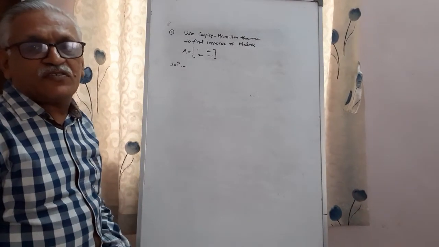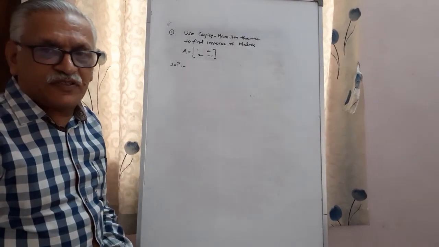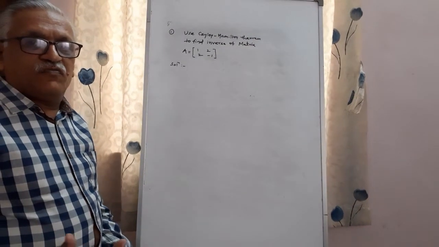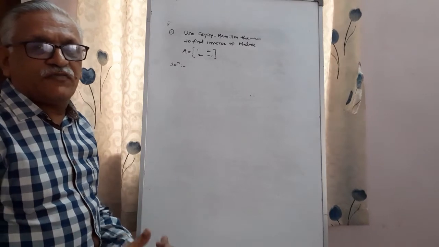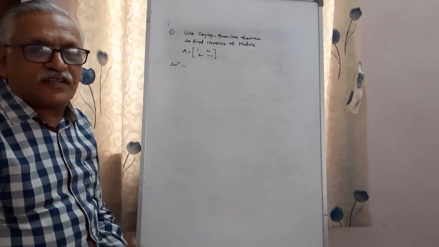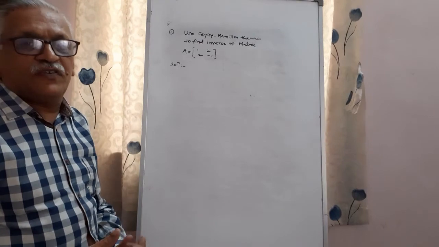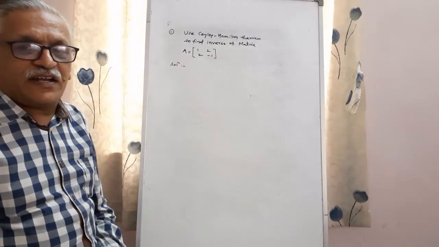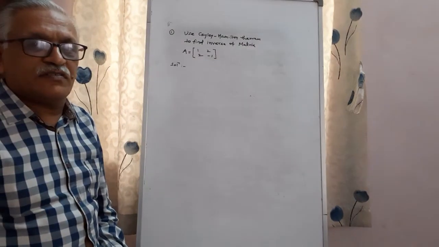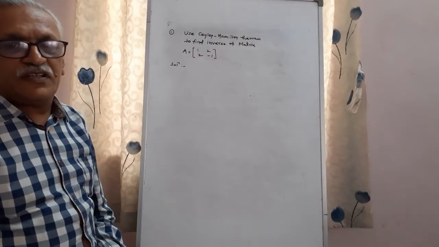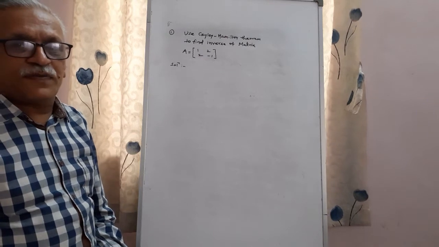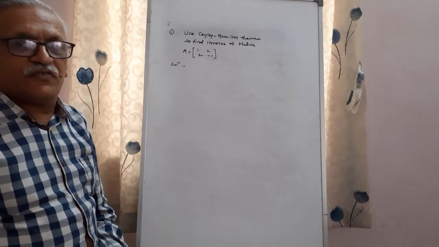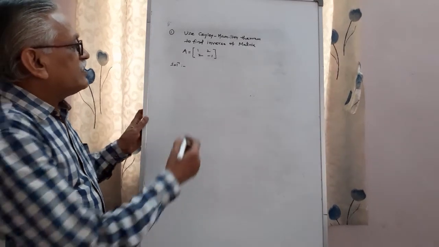This is the application of the Cayley-Hamilton theorem to find the inverse. We perform the calculation in two parts. First, we obtain the characteristic equation, then we apply the Cayley-Hamilton theorem, and after getting that equation, pre-multiply it by A inverse to obtain the inverse of the matrix. These are the main steps which we have to perform. The first step is